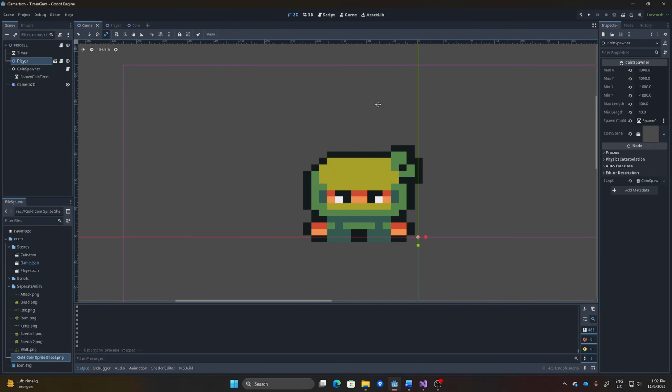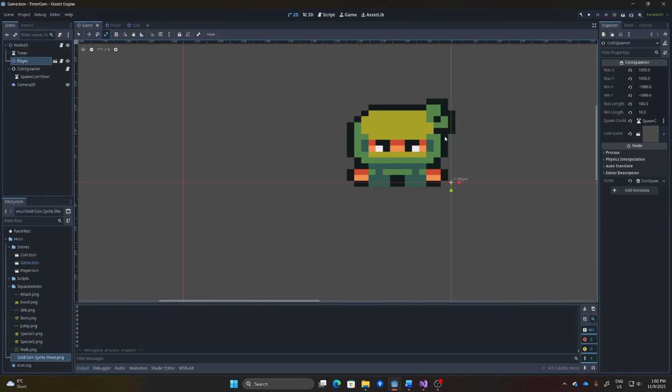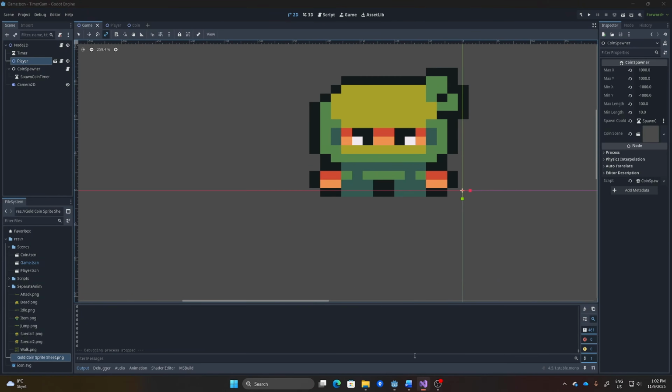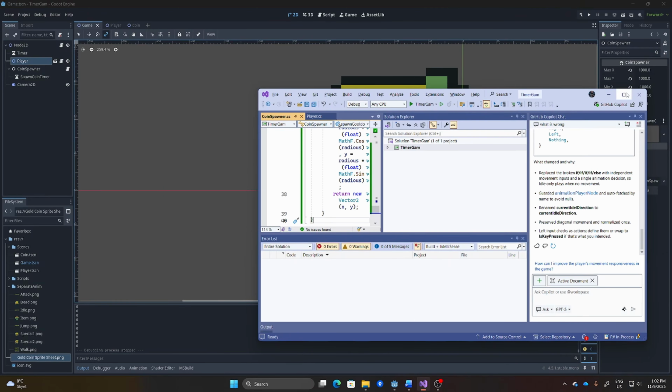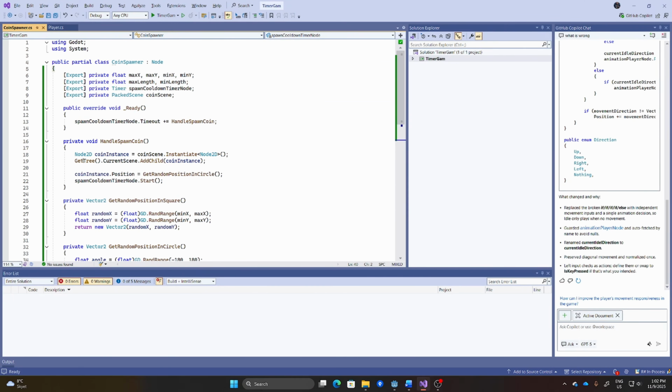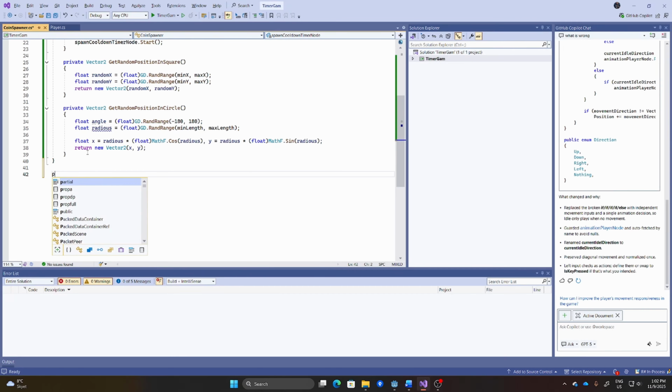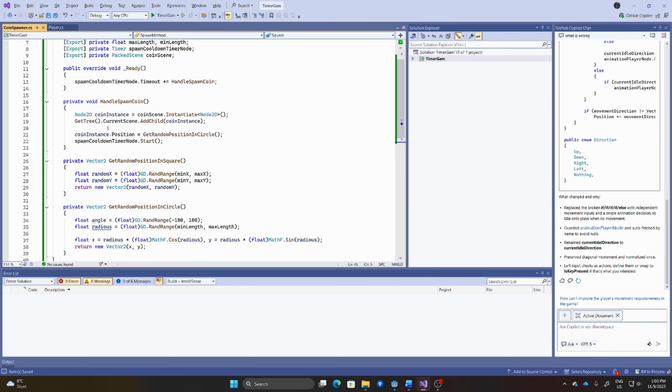So now let's make it possible in the inspector to pick if you want to do the circle or if you want to do the square. So go into the script again and go in here and create an enum. Let's call it public enum SpawnMethod. And let's create one for square and one for circle. Let's export one of these up.